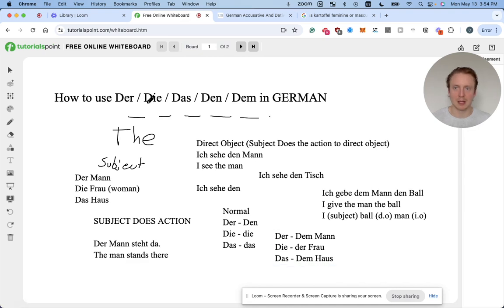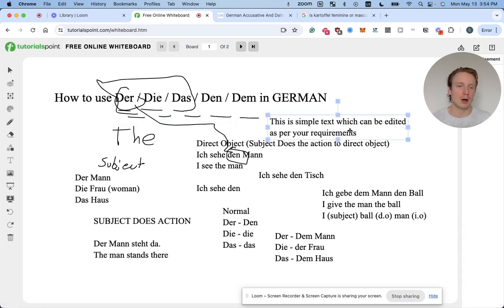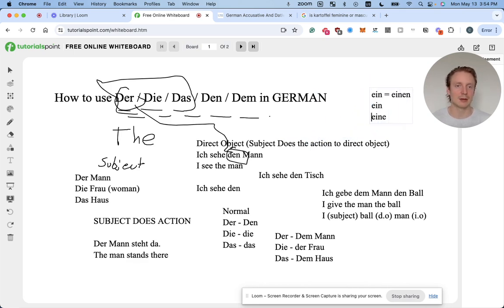Come back for a sec. Right. So der, die, das, these are the normal ones. If you have a direct object, the der becomes den. That's all you need to know. And with indirect objects, which we could talk about another time, like ein, it's the same kind of meta pattern. So it's not that hard. Eine is very similar too. But these also change, right? It becomes einen. This one doesn't change. This one doesn't change. Then later it changes with the direct objects and indirect objects.